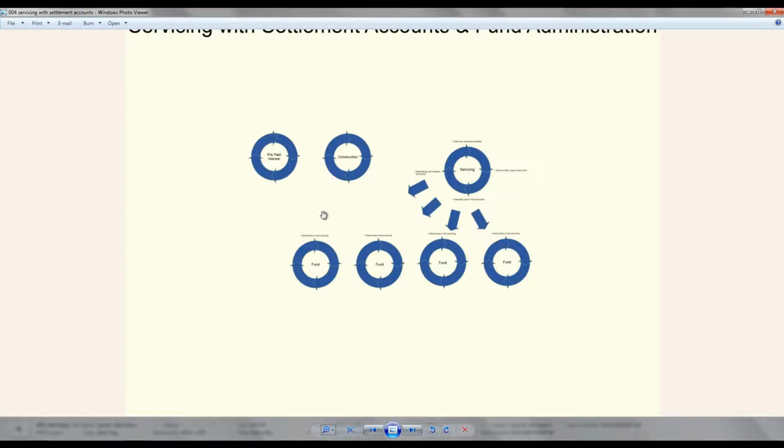I don't have escrow set up. I'm not doing taxes and insurance in this diagram, but I do have a construction and a prepaid interest account. So these are what we refer to as settlement accounts. So these accounts are, say for example, I